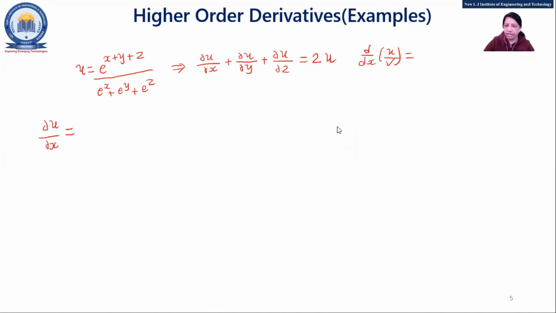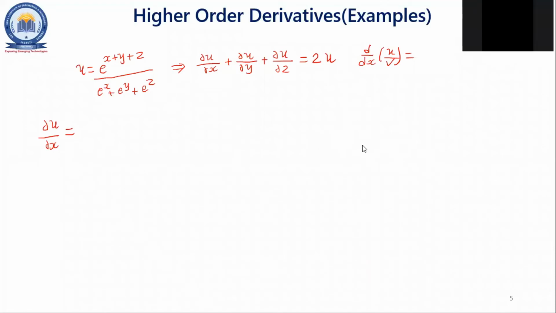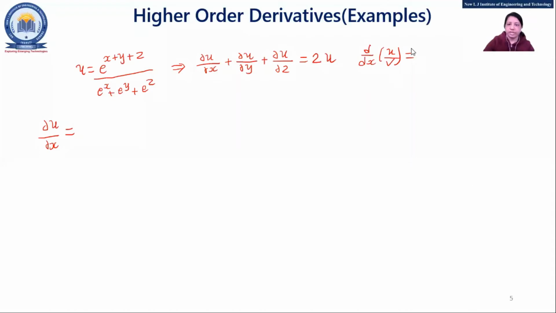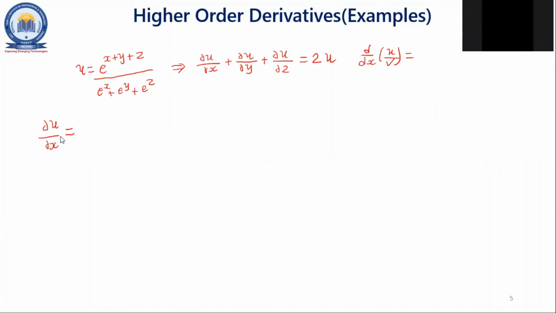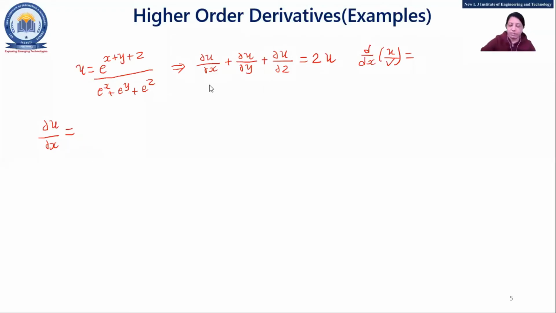No, I'll unmute today. 23 Vansh. Ma'am, hello. I was connecting my earphone. V d by dx of u minus u d by dx of v upon v square. Okay. So one is supposed to be constant. Okay, let me know for this del u by del x quickly. For this, I want the answer.